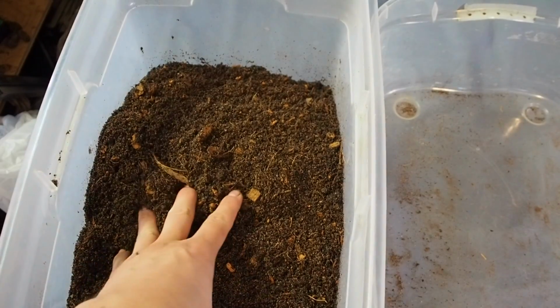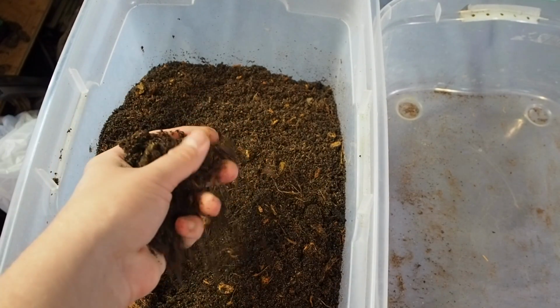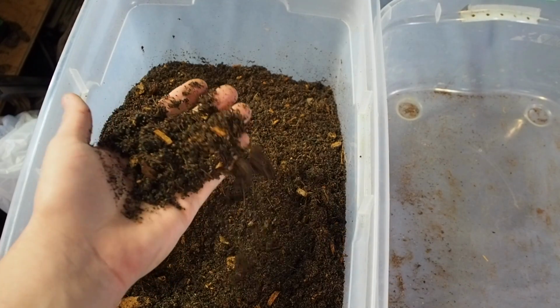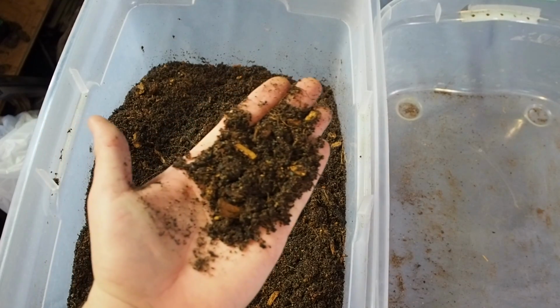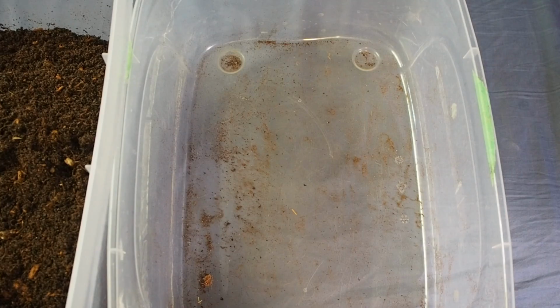This is the humid stuff right here. It does clump together, but it breaks apart very easily. So it's going to be very nice and earthy and rich. That is what we're looking for in the humid mixture for the custodians, because that's where they're going to be spending most of their time. Now that we're finished off with the tropical humid mix,